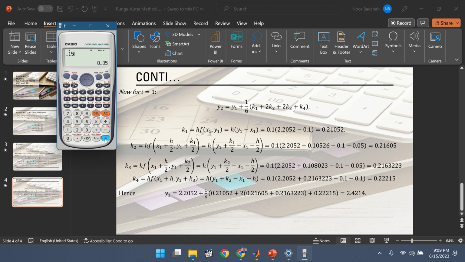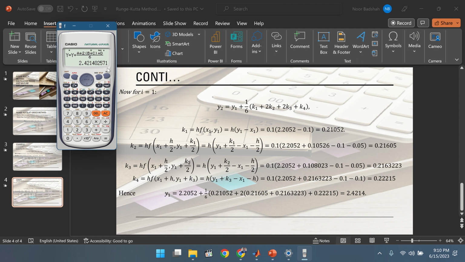0.1, sorry. When I press equal, it will give me simply k1, which is 0.2105. Press equal again, I'll get 0.21605 for my k2, okay, and then I go for k3, which is 0.2163223. There might be a bit of difference because we are considering a small number of decimal places here. And then we have D, which is k4, is 0.22215. And then we press simply equal to find the next value of y, which is 2.4214, correct up to 4